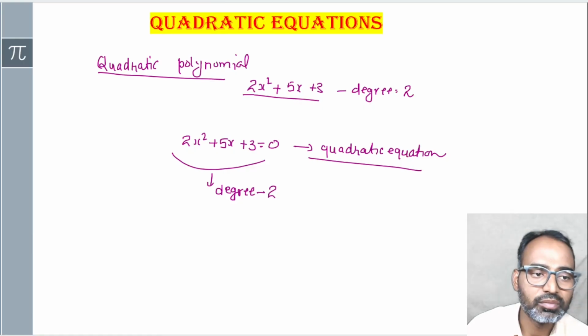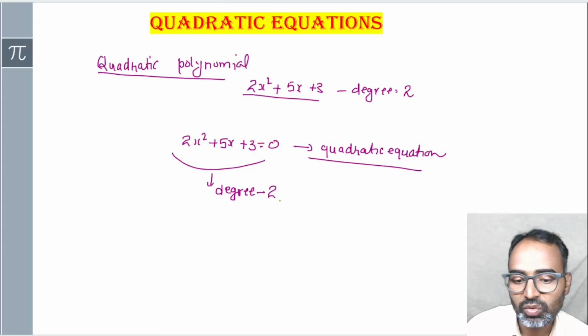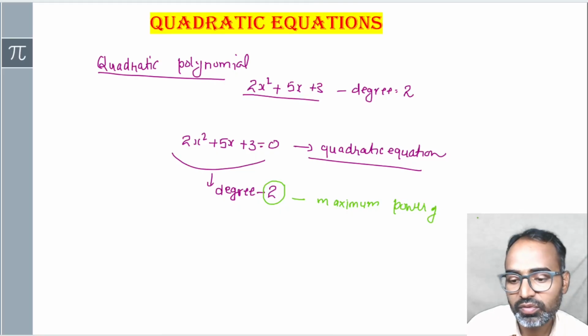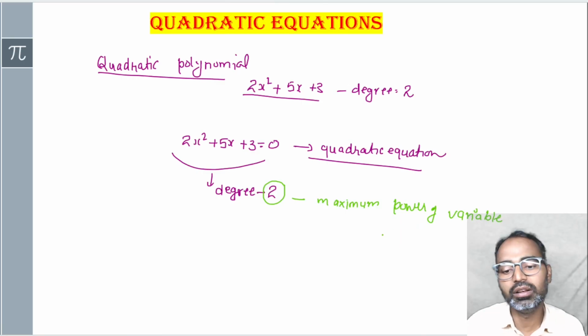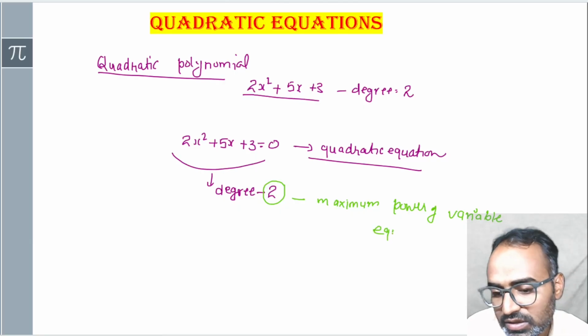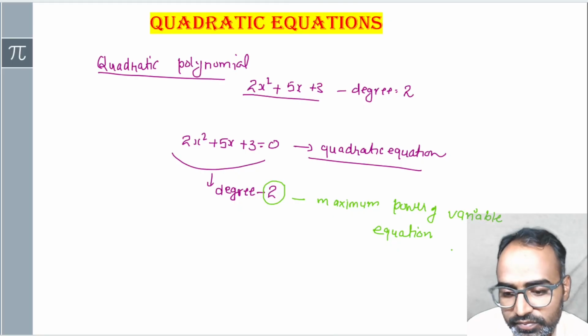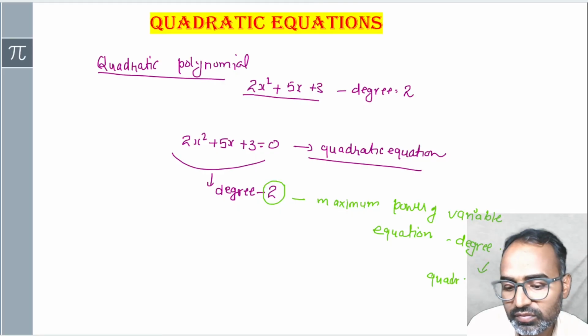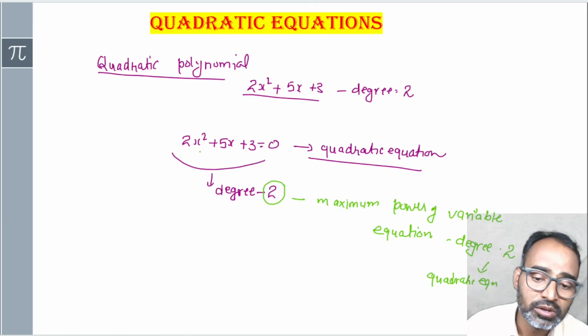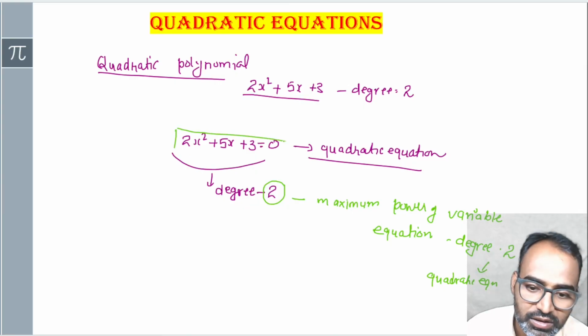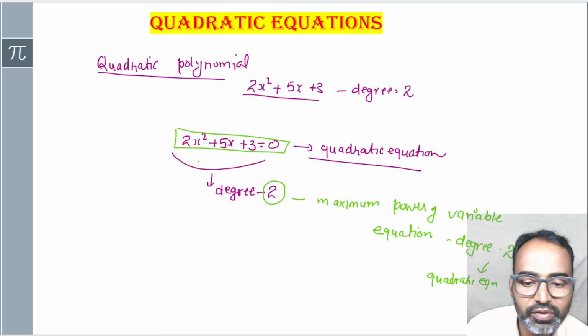Now in your mind maybe one question arises, what is degree? Degree is the maximum power of variable. Maximum power of variable in the equation is called degree. And if the degree is 2, such equation is called quadratic equation. Okay, now here we can see the quadratic equation is in the form of x square plus